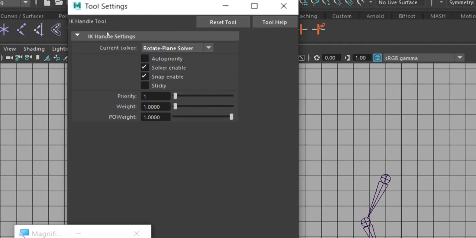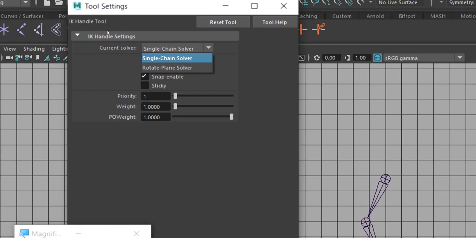We should check whether it is in rotate plane solver or single chain solver, because if it is a single chain solver, you cannot give constraints like orient constraint. Orientation is what? Rotation. It cannot rotate, it is a single chain. It can move, but it cannot rotate.